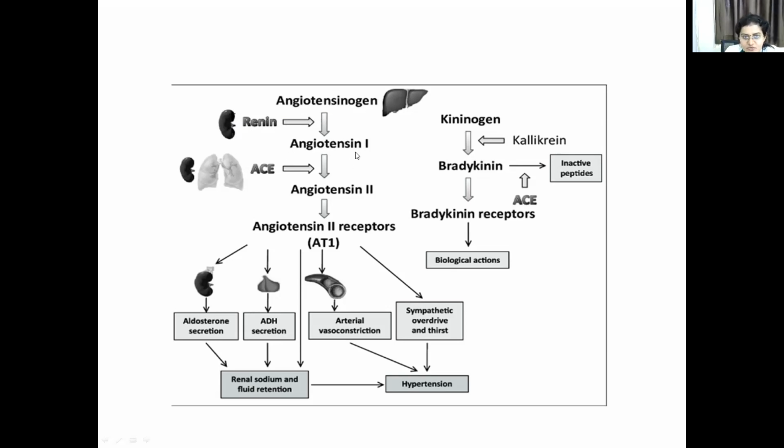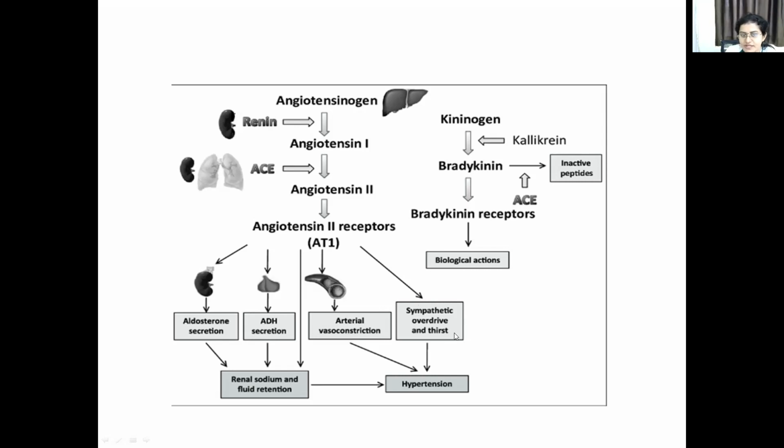Then angiotensin 1 gets converted to angiotensin 2 by angiotensin converting enzyme, which is secreted by the lungs. And this angiotensin 2 acts on AT1 receptors, which helps in secretion of aldosterone, antidiuretic hormone secretion, arterial vasoconstriction, sympathetic overdrive